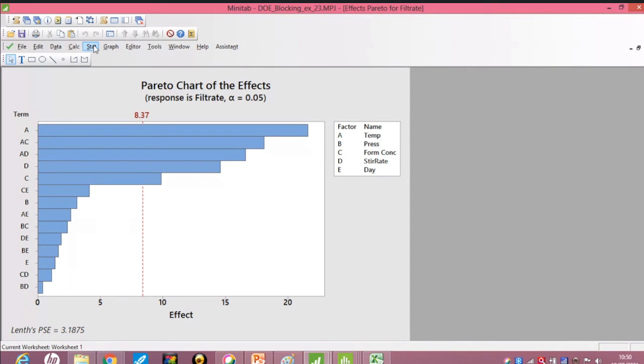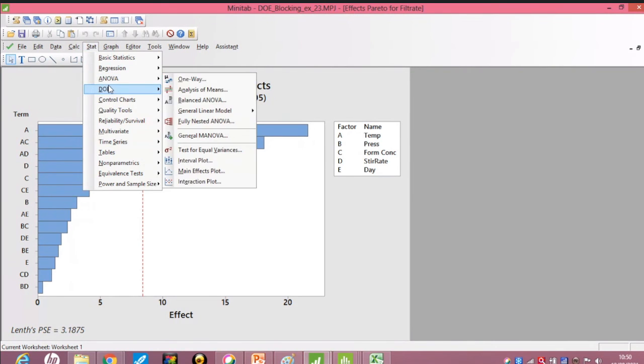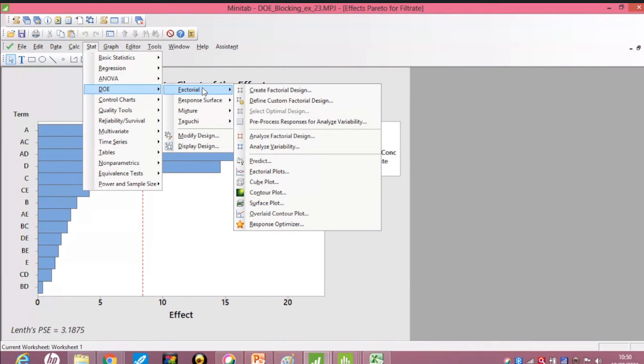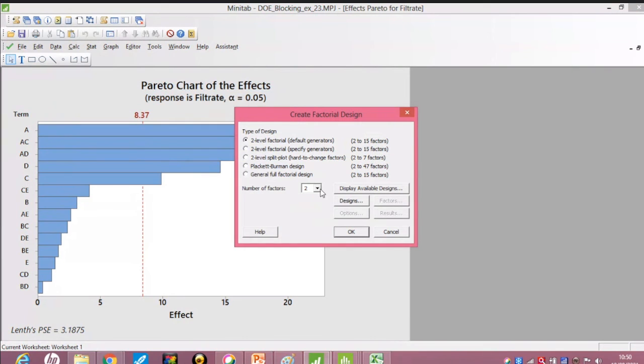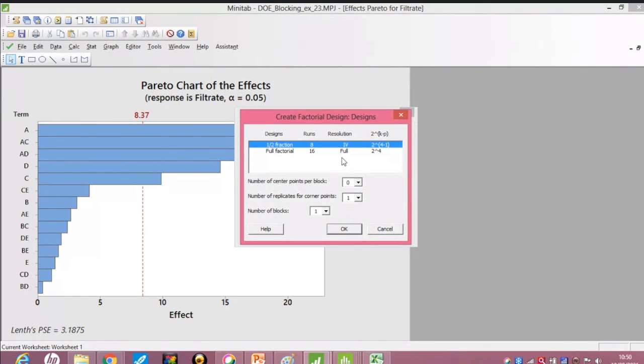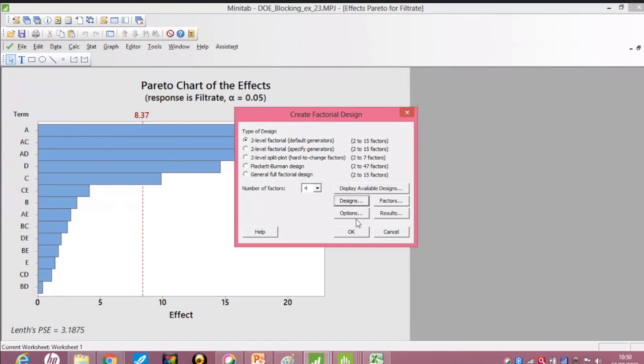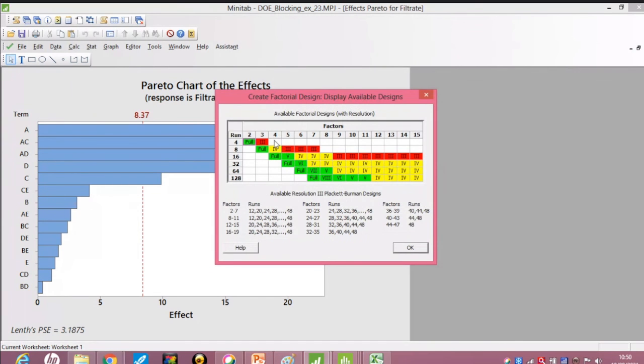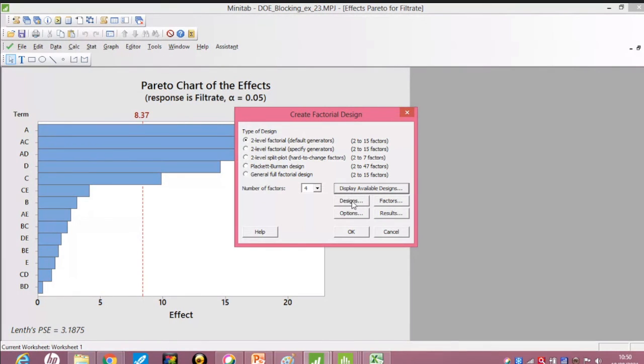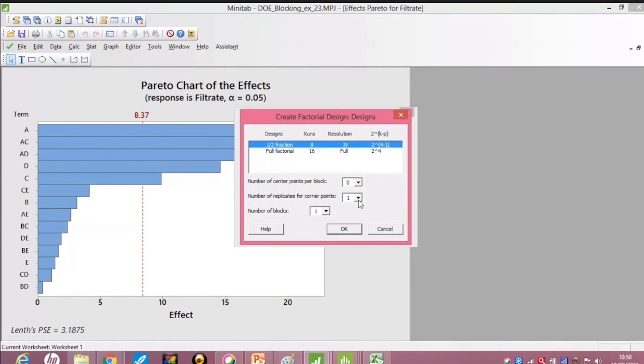So if I want to create a design, instead of 5, I will select only 4. We can go for the half factorial design, and I'm putting a block of 2.